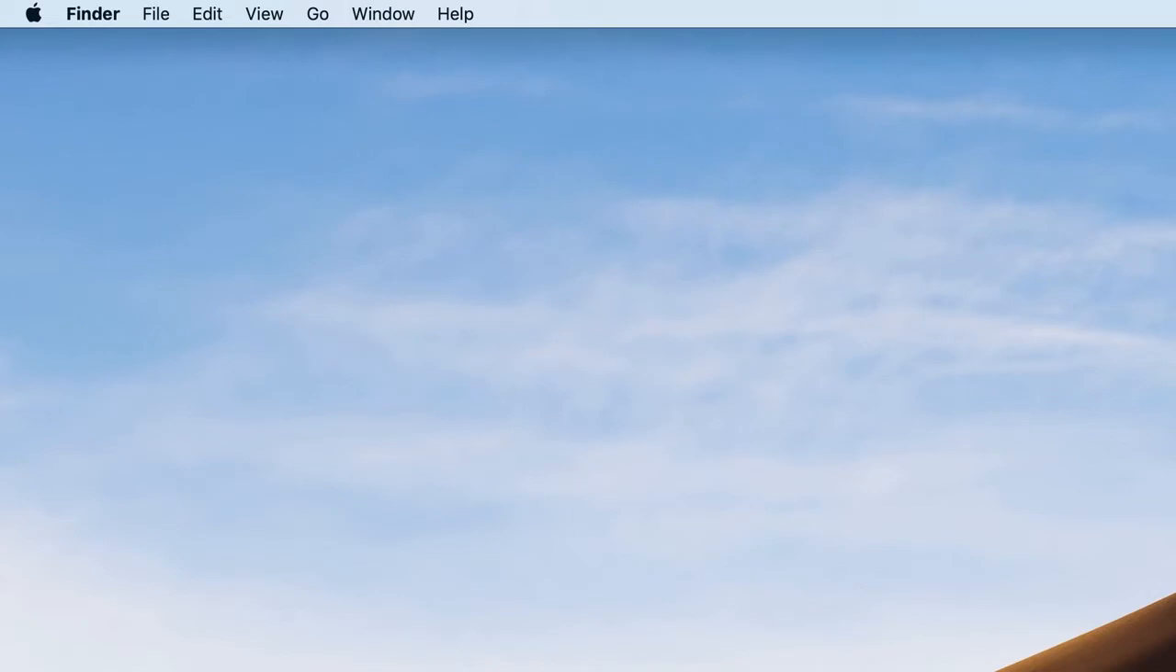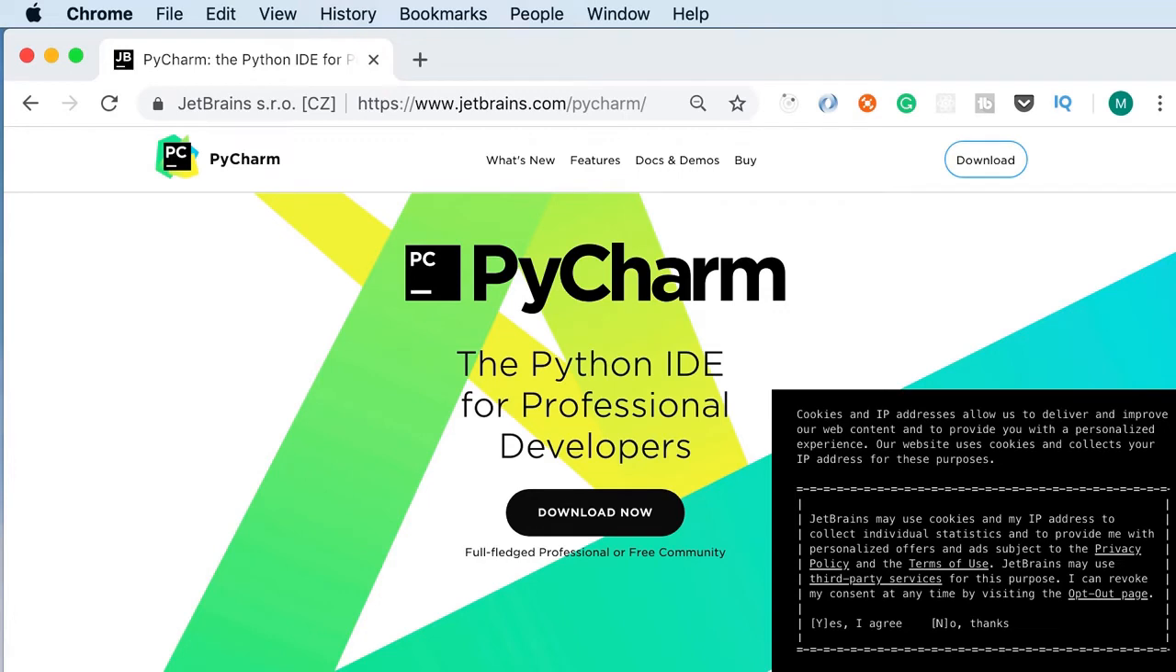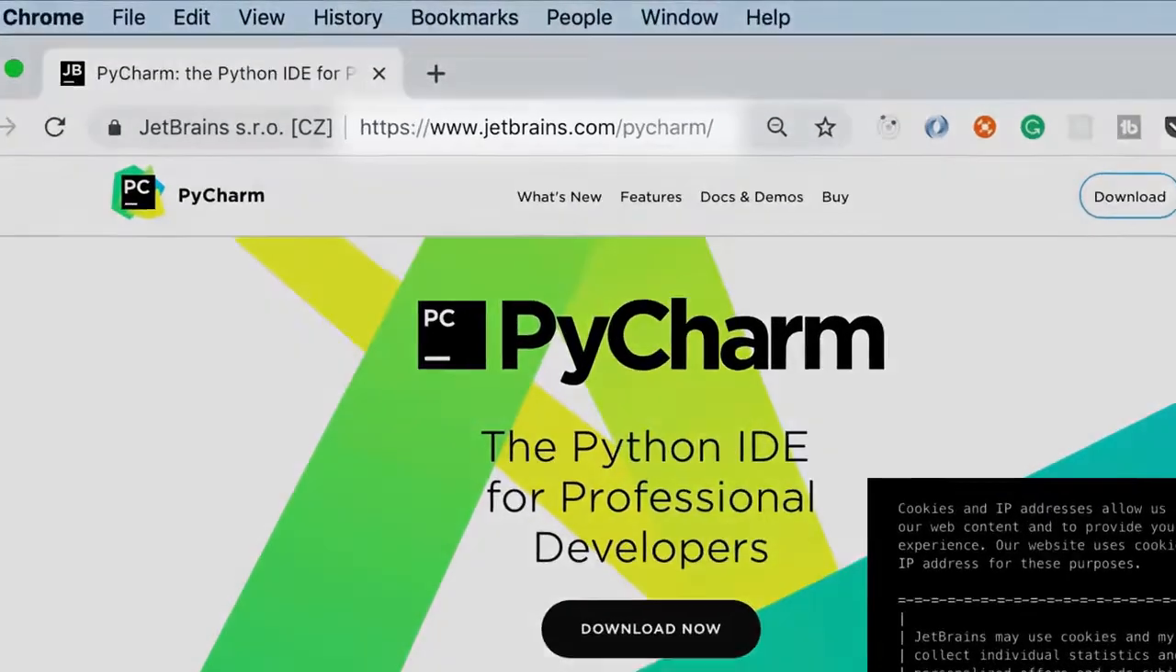We use a code editor to write our code. Just like how we use Microsoft Word to write documents, we use a code editor to write code. Now, there's so many code editors out there. The one that I'm going to show you in this tutorial is PyCharm. That is one of the most popular code editors for writing Python code. You can get it from